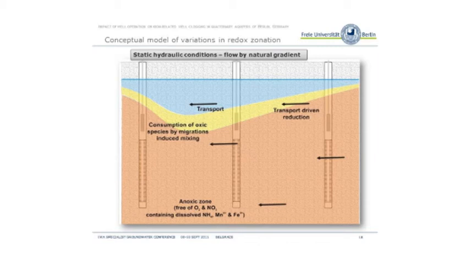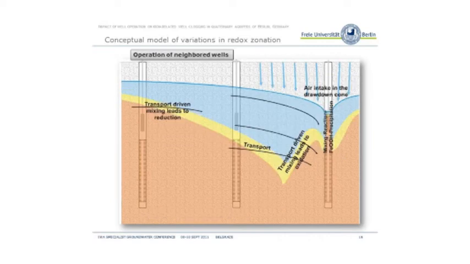And at the front and at the back we have a reduction of the former oxic aquifer by anoxic water flowing along this path. So if we then operate a neighboring well, we have a migration of this oxic cone through the aquifer,